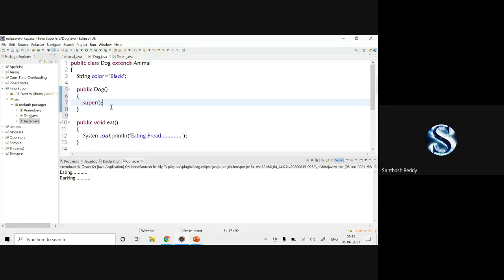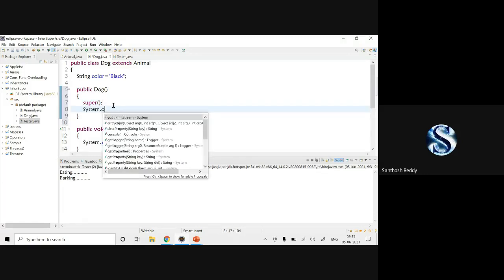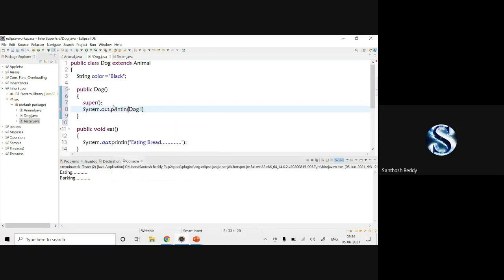See, I have written the super keyword in the constructor at the first line. Now I'm going to create one normal statement, system.out.println, dog is created. That's it. I'll save the code.